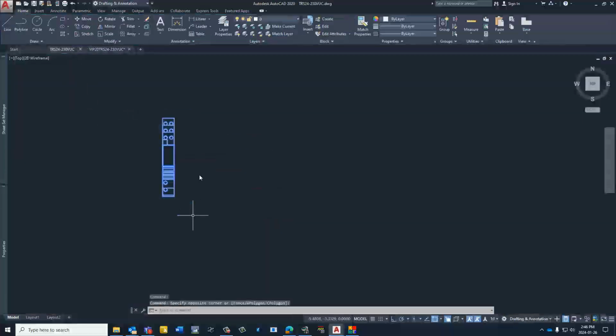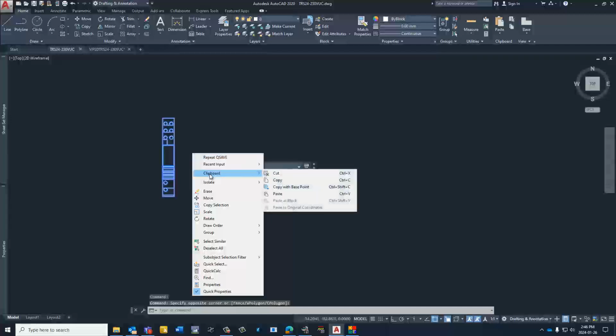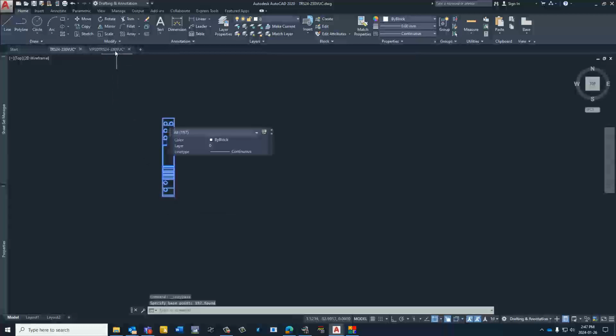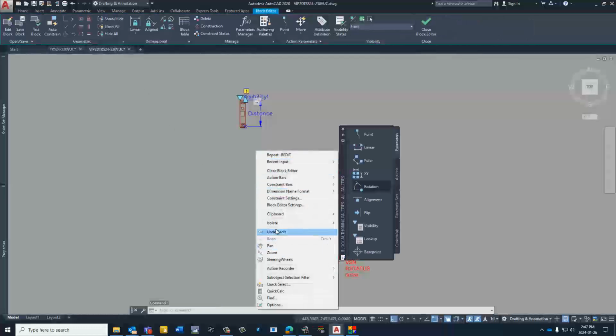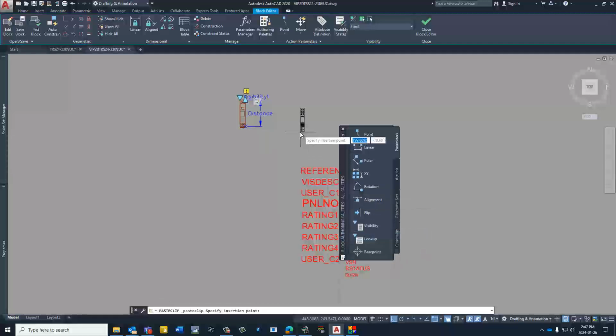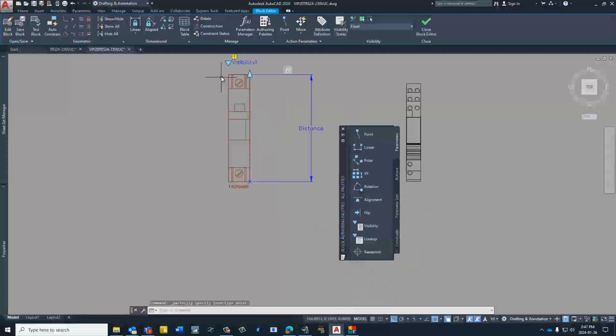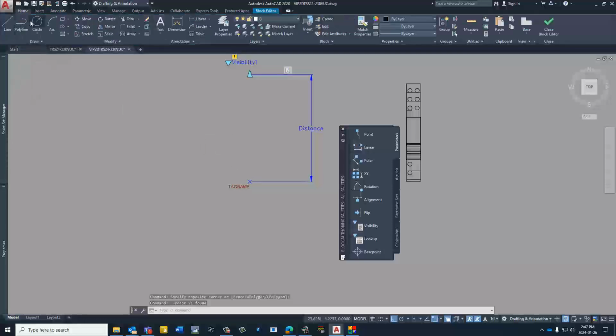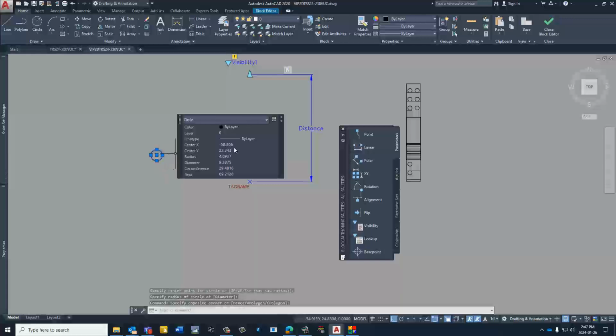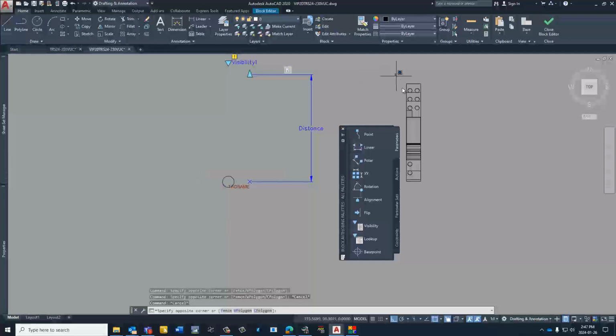I'm going to take my workpiece that I want to copy. I'm going to copy it across with a base point. I'm going to paste it into the drawing. I'm going to just delete out the old block that's in here. I'm going to quickly give it a home point. So I'm taking a circle, making sure that we've got 0 and 0 for it. I'm then going to move it across